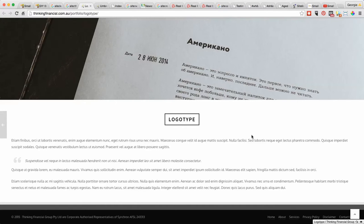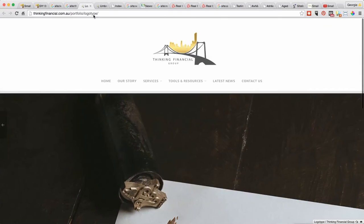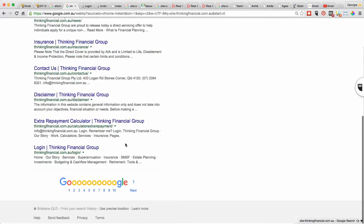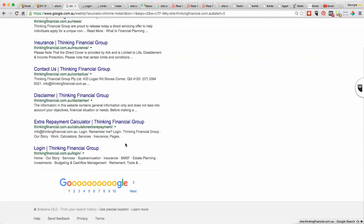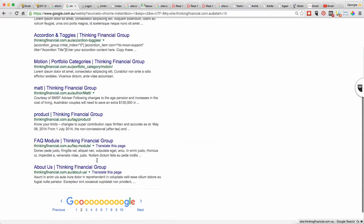So this is what we call a template page. It's something that would have existed on the website template when the web developers were setting up the site, and it just means that you need to go in and find all these template pages and get rid of them. So if we start going through all of these listings and start clicking on them all to